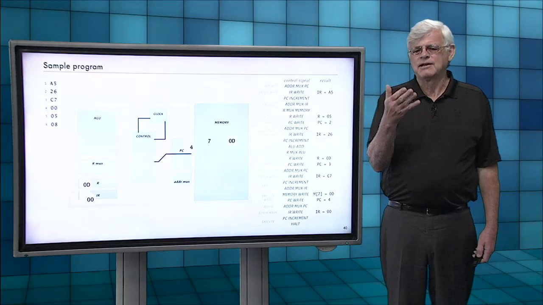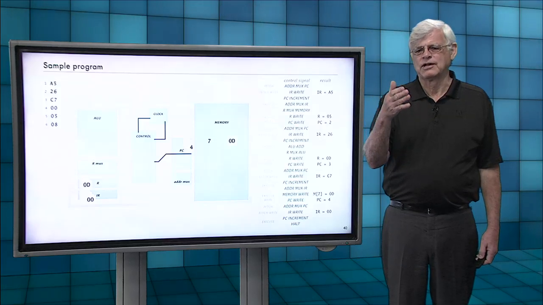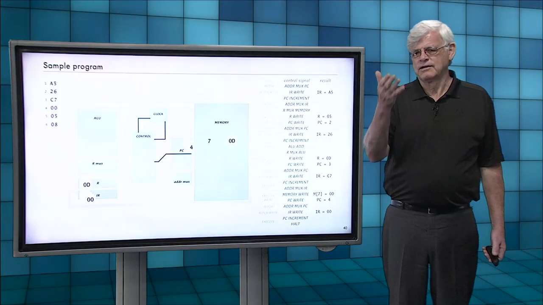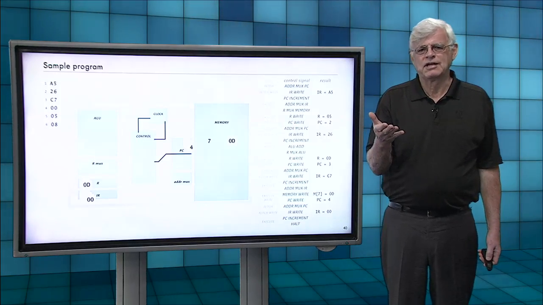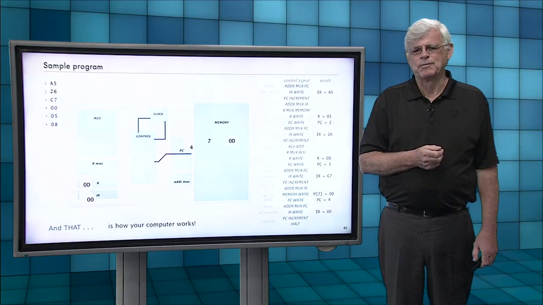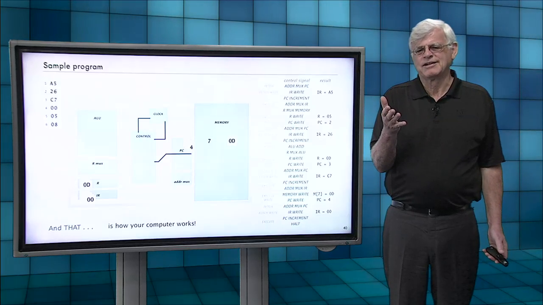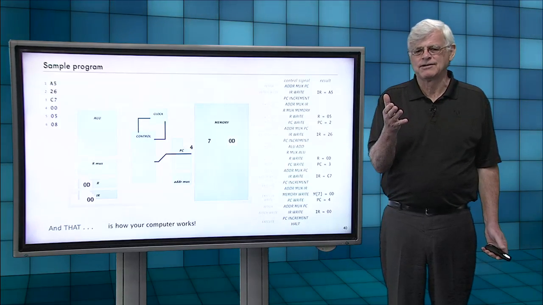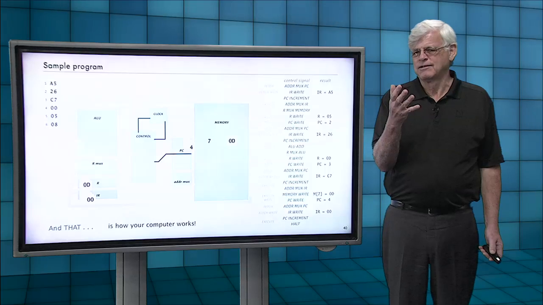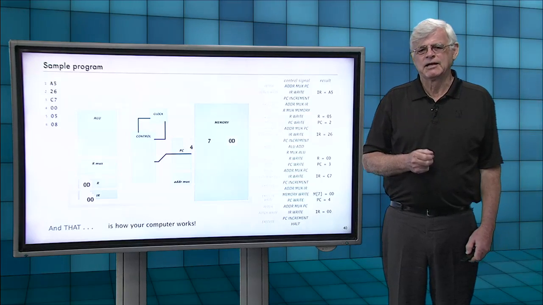And you can see that any program is going to result in a sequence of control signals like that that is going to affect the change of state that's needed. So that is how your computer works. Now, we've not covered a lot of details, but really this basic idea really is at the root of implementing a computing